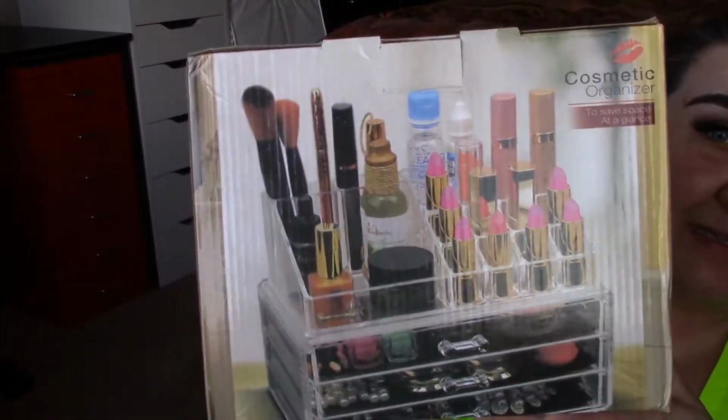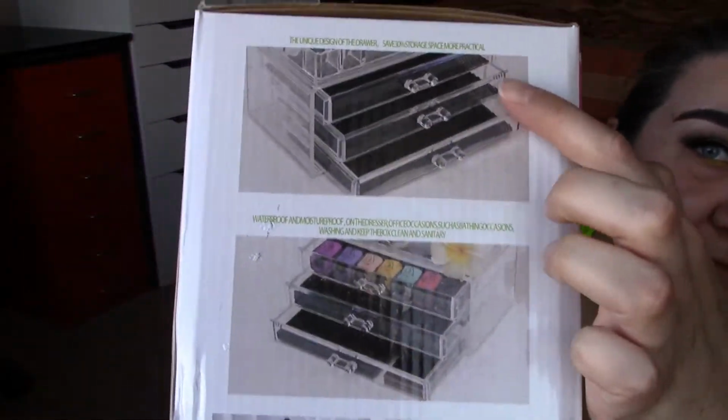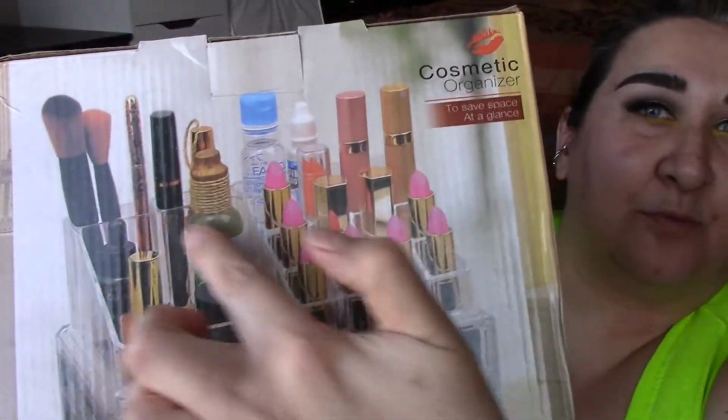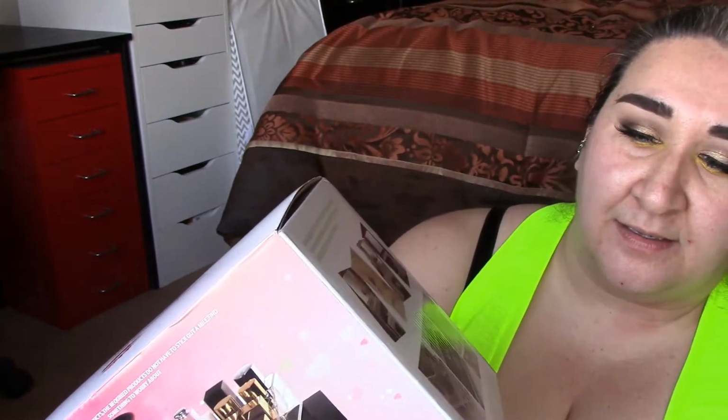And then I went and picked up this here as well. It says Cosmetic Organizer to Save Space at a Glance, and it has 3 drawers in it, so you can see there's 3 drawers here. The sides will give you a better idea, so the 3 drawers here, and then the top has a removable holder for lipsticks and brushes and all that other kind of stuff. And I wanted to reorganize, now that I'm doing Shop My Stash and declutters and pans and things like that. I want to have things out that I'm just using and not getting my mental capacity strained to the max